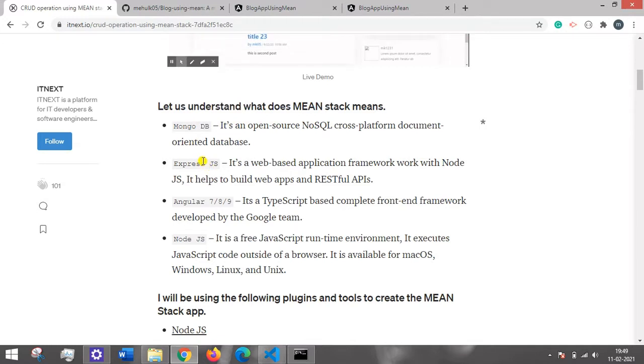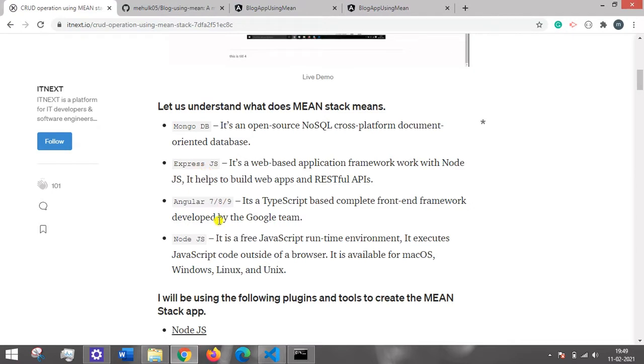Now what is Express.js? Express.js is another web application framework. It comes with Node, and it acts as a kind of middleware whenever we are sending any request from our front end to the back end. So whatever request we receive at the back end, we can perform some operation using Express.js. For example, if we are sending a token with the front end and want to check that the token is present at the back end, we can do that using Express.js.